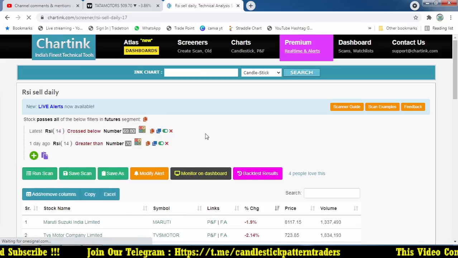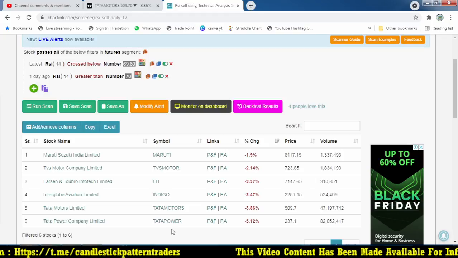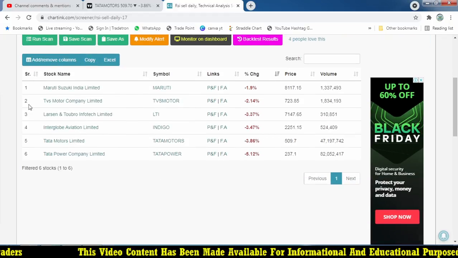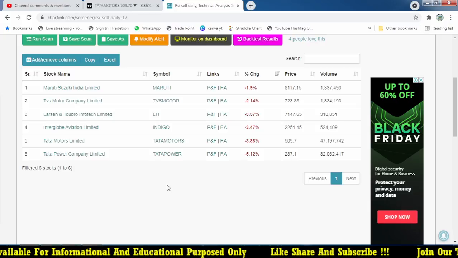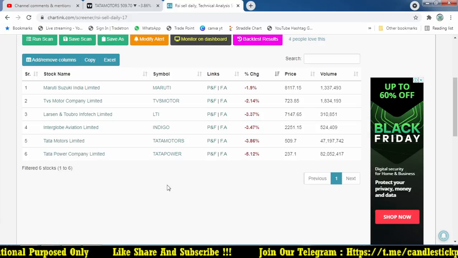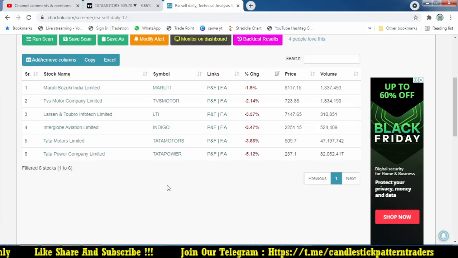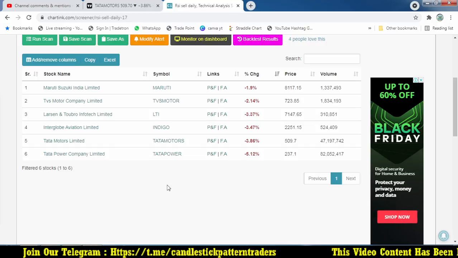Recently, 2 days back, I created that RSI strategy, and a lot of stocks are giving such a great opportunity. But this is what you see at the end of the day, right? In real time, what are the stocks which are present, and at what time? That is very important, right? That is why we are using the scanners and screeners that will filter out at any point of time during the day. So it will alert us.